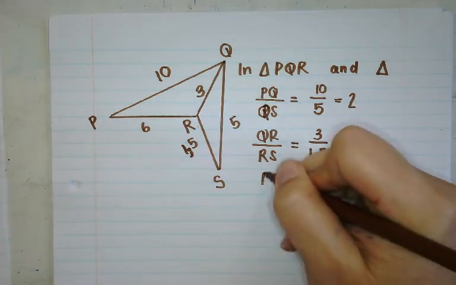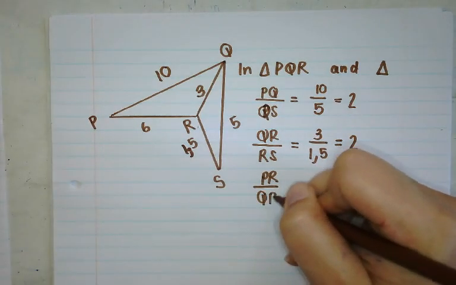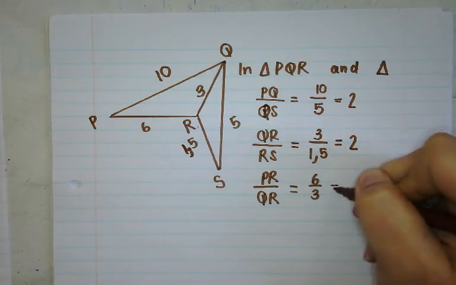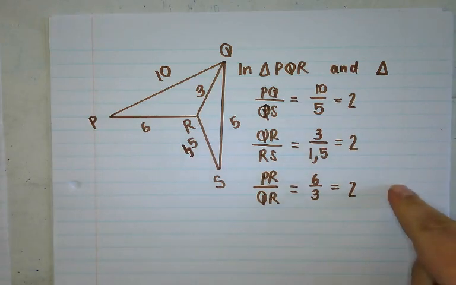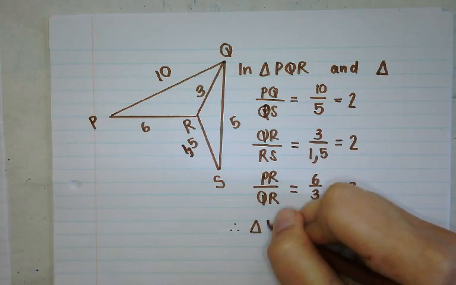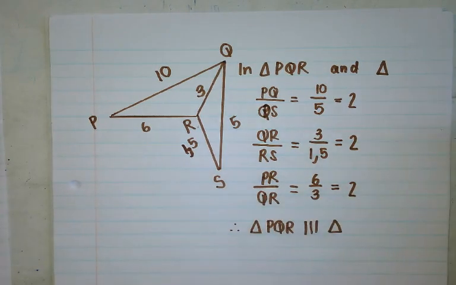And then PR divided by QR is 6 divided by 3 equals 2. Same, same, same. Therefore, triangle PQR is similar to triangle. Now we actually need to know what the names are. So if we have